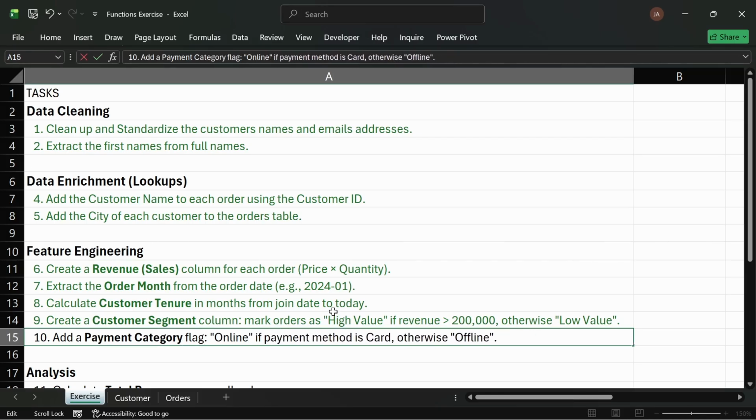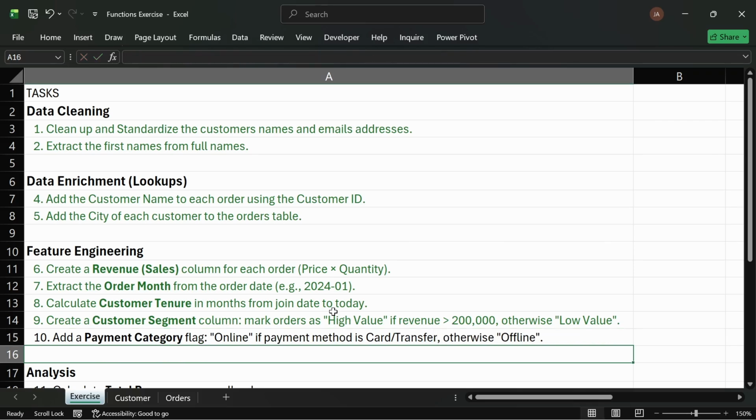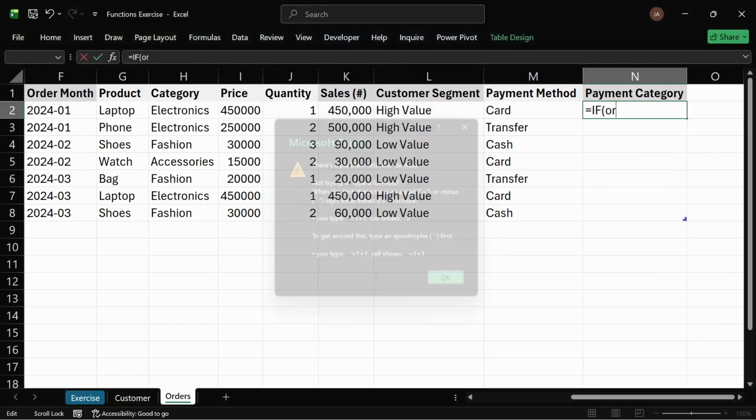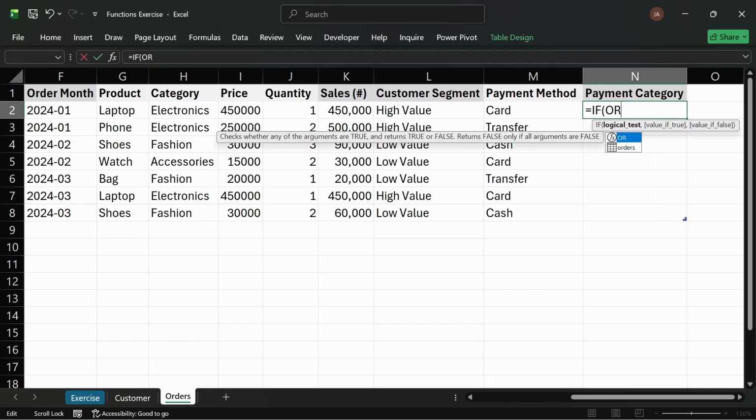If it's card or transfer, that would also be an online payment, right? So we'll say if, and then we'll say or. So with or, that means whatever is there